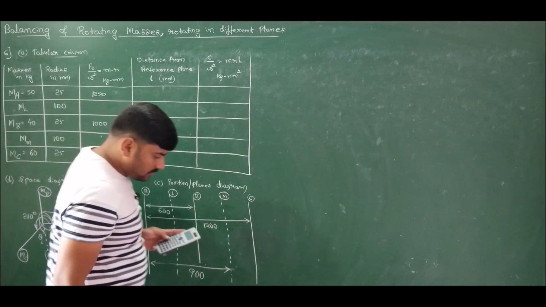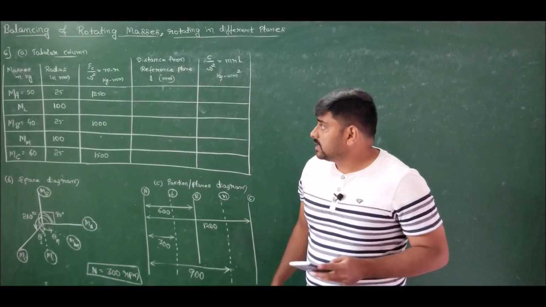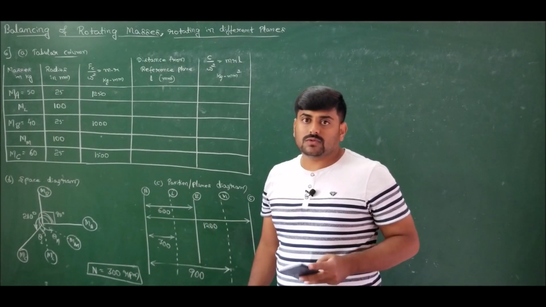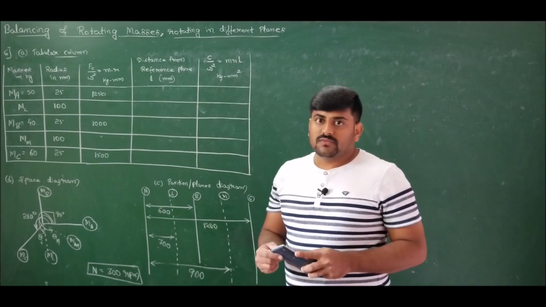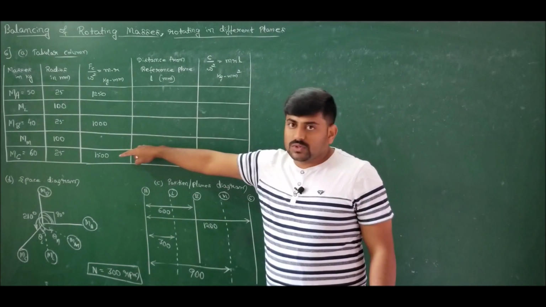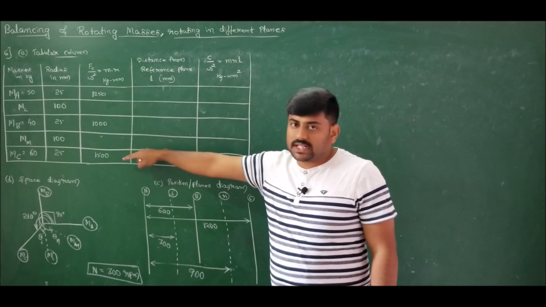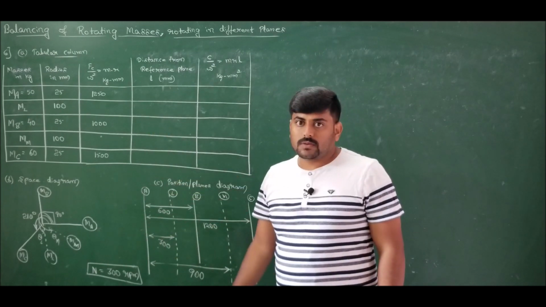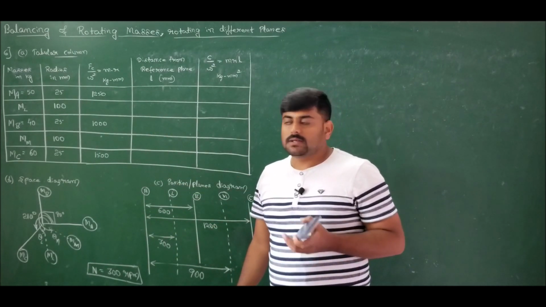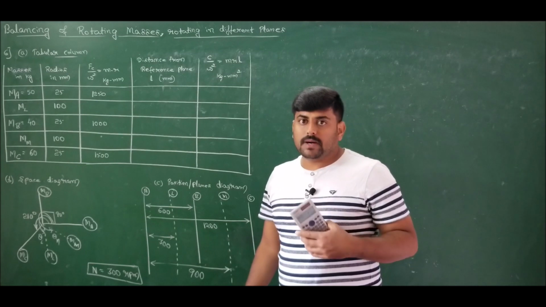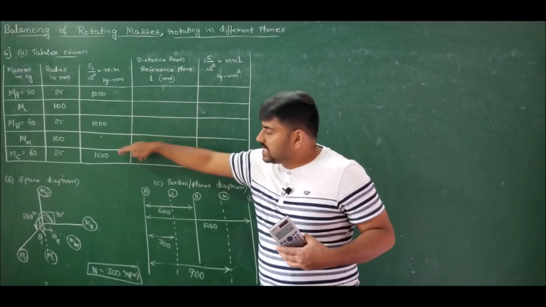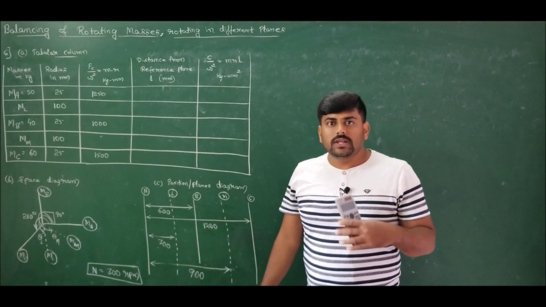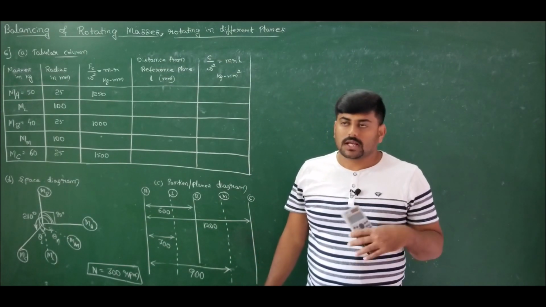1500. Why I am not taking ML and MM into account is because he is asking us to calculate the unbalanced force. How to find the unbalanced force? If these three form a closed polygon, that is, if these three form a triangle, then the system is in static balance, that is, sum of force is equal to 0. But he himself is stating that the system of masses A, B, C are unbalanced. So if I solve for these three, I won't get the closed force polygon. The closing side will give us the unbalanced force. Come, let us do that.